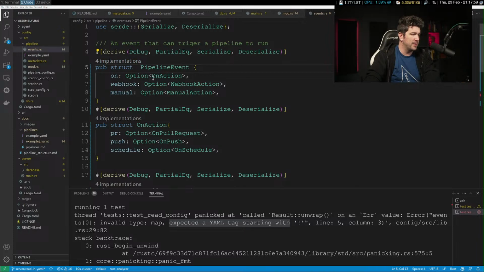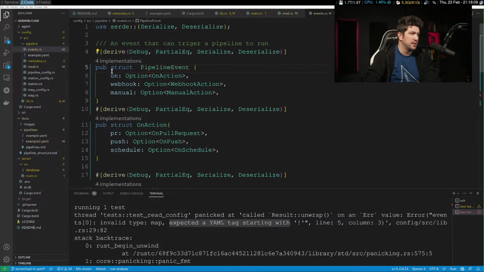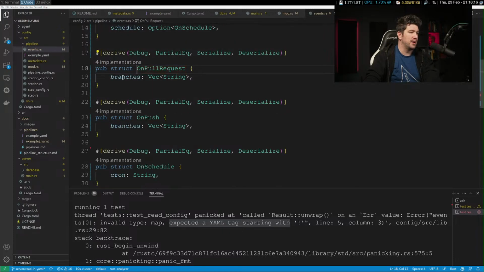So we're going to have events on PR, and PR has branches. Oh, this needs to be an option of branch. Oh wait, how did we do this?